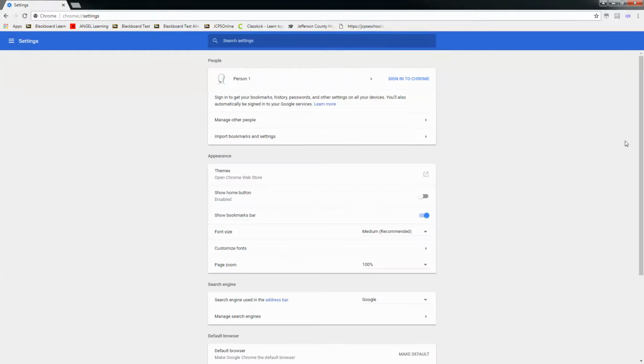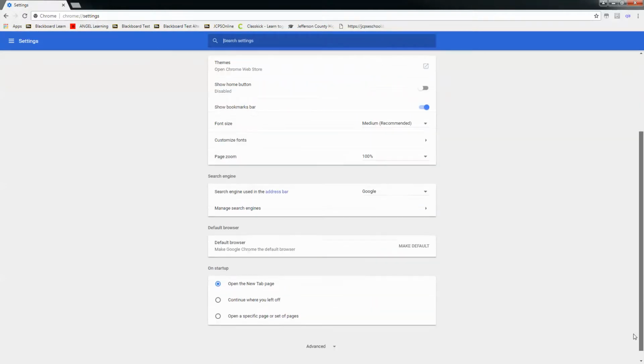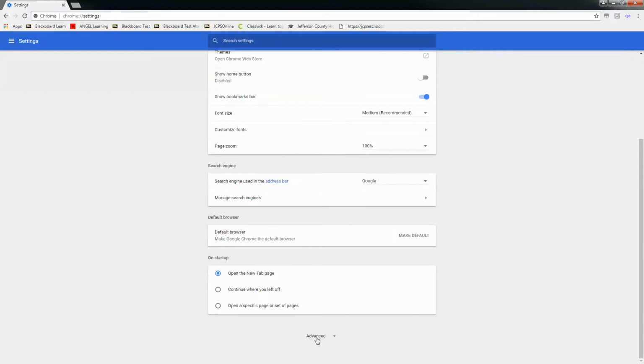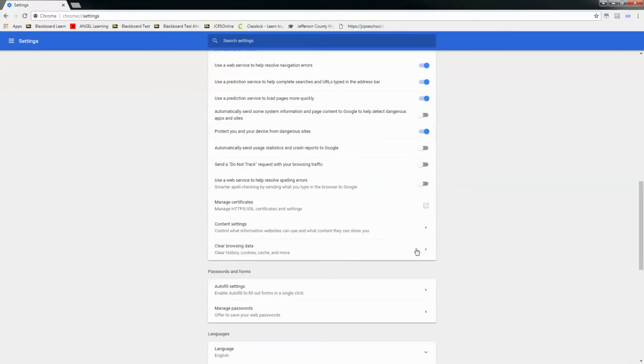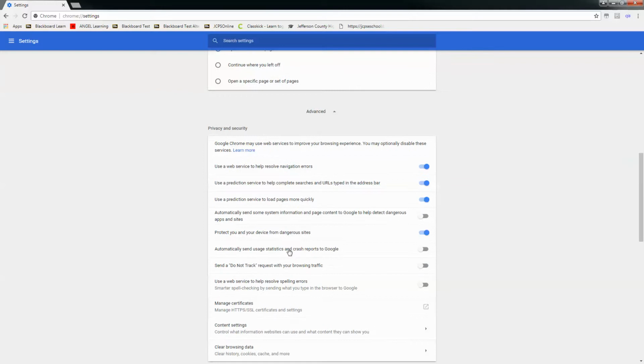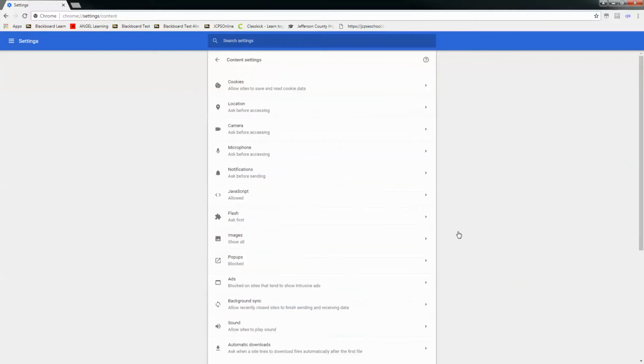And when you get to the settings page, go to the very bottom and you should have an advanced area. If yours is already expanded, you won't need to do that. But we're looking for the area in privacy and security called content settings. If you click on content settings, about midway down the list, there's Flash, and it has like a little puzzle